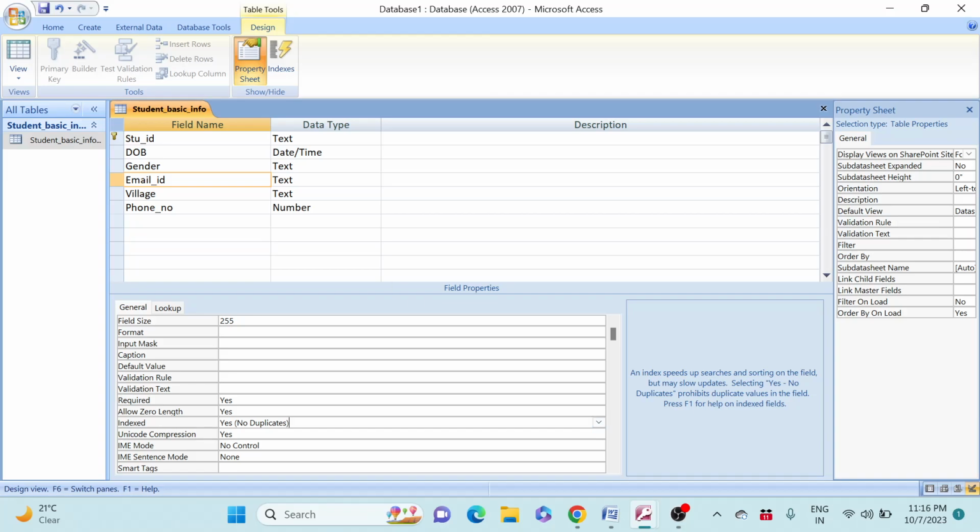Okay, now the next one is village, and here we can see that it is a required field. Required is Yes here, and its default value is Ghumarwin. It means if the user does not enter any value for the village, then Ghumarwin will be inserted